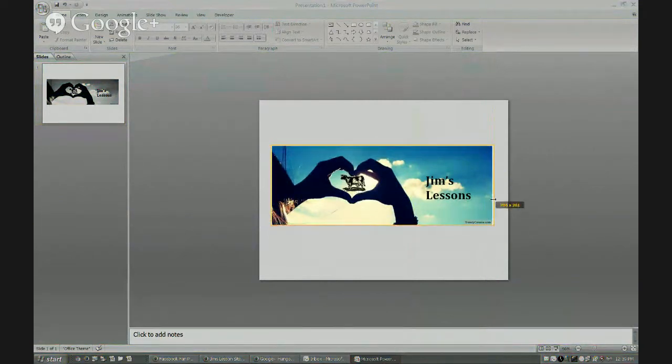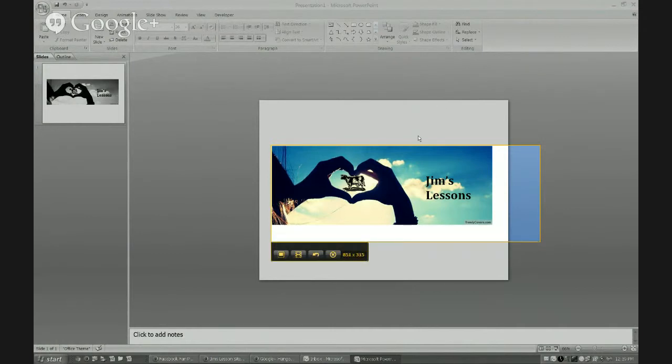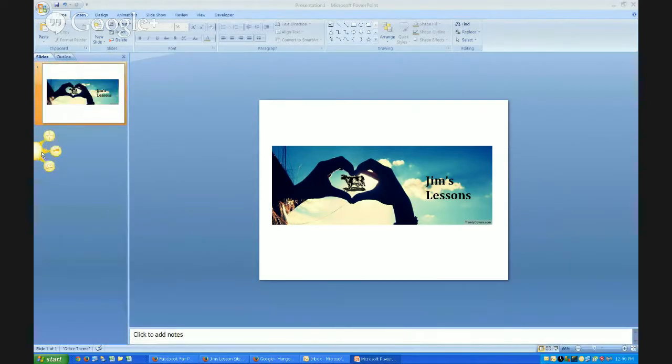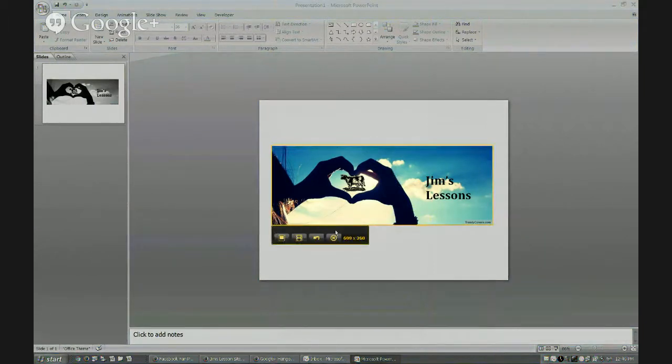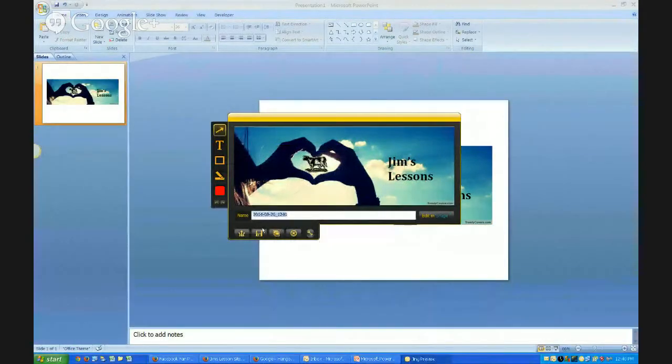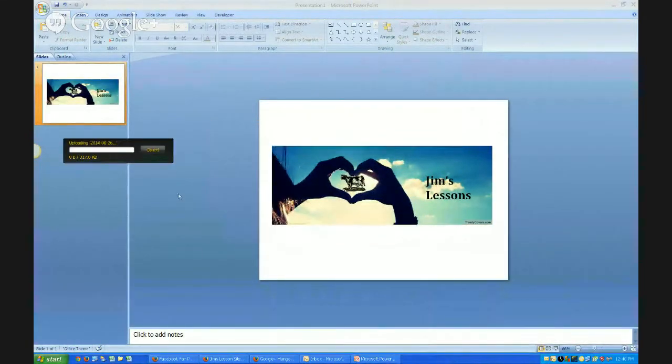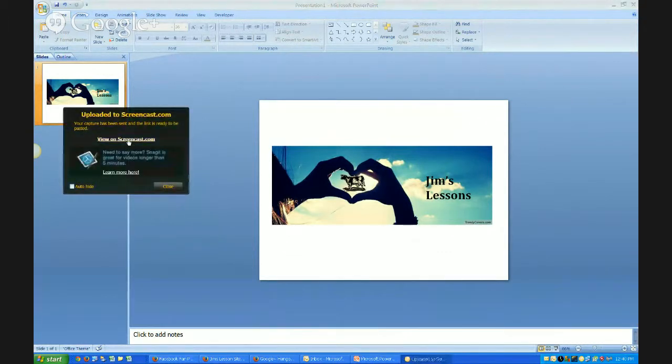Okay, so you may have to play with that a little bit to get it 830. You can see here 830, 850 was it, by 231, or by 315 I think it was. You have to mess with it till it looks about this size, but you can take any picture that way and just pop it in to PowerPoint and have some basic editing tools, okay? And then you just capture it, share it via screencast, view it on screencast,